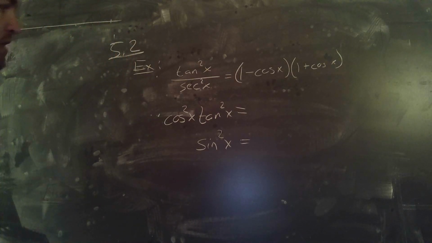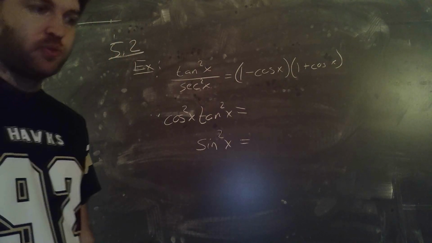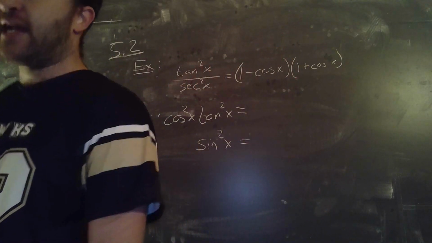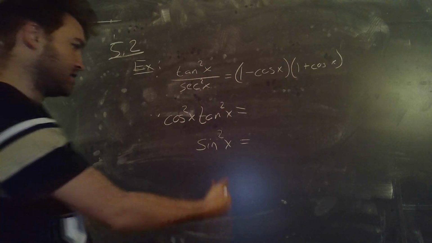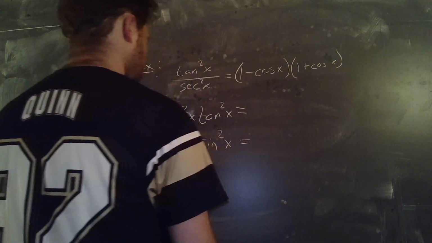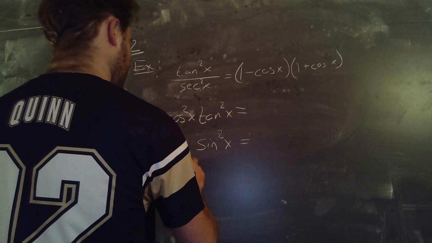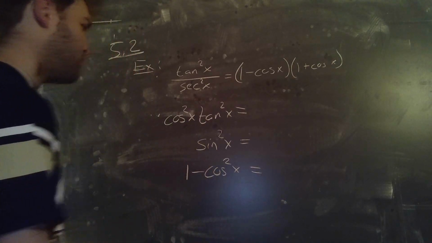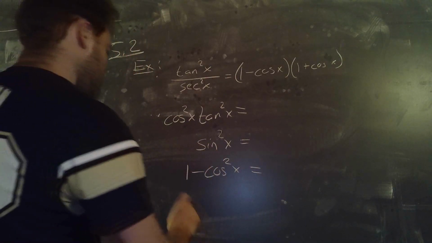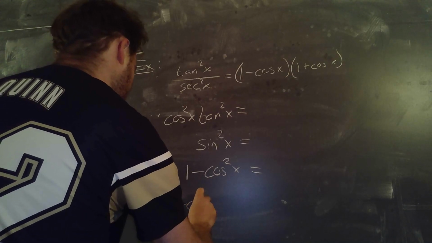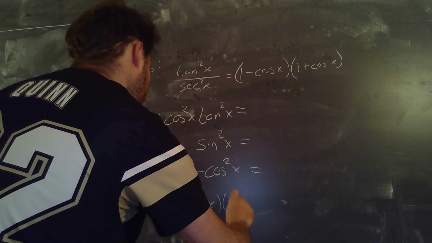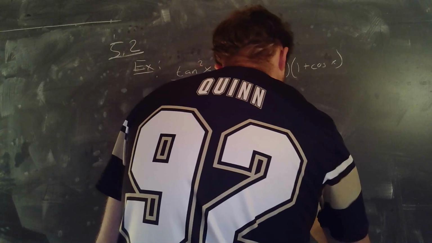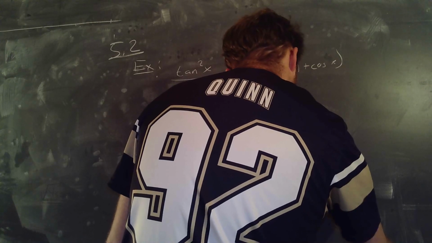Well, then we can notice that sine squared plus cosine squared is equal to 1. So 1 minus cosine squared must actually equal sine squared. So I can rewrite sine squared as 1 minus cosine squared, which is, of course, the aforementioned difference of two squares. And so I can write (1 minus cosine x) and (1 plus cosine of x), which is precisely equal to what was required of us